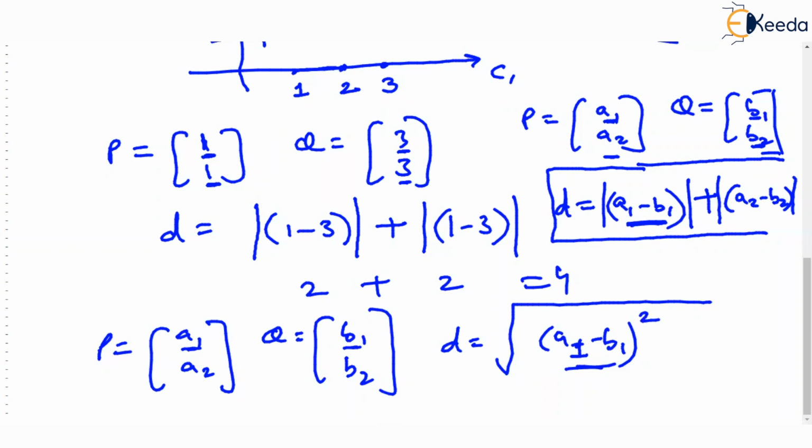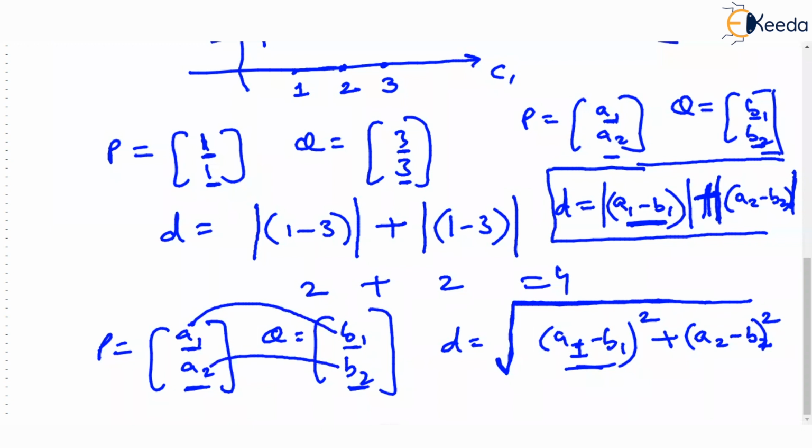In the Euclidean formula, we were squaring this, and here we are finding the absolute value. Just check, A2 minus B2. This is added with, here also addition, you just check. It is added with A2 minus B2. But here we are finding the absolute value in Manhattan distance. In Euclidean, we are squaring it, and beyond doing this, we are finding the square root of this entire thing. Here we are just summing up the absolute values. But the most important thing is that the same components are getting subtracted in both.